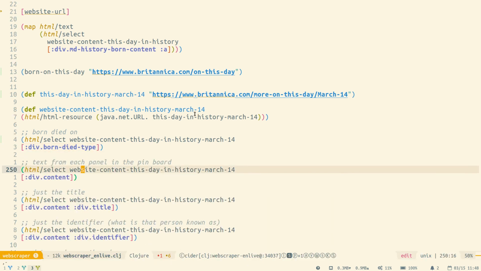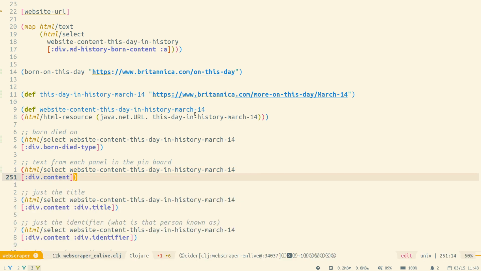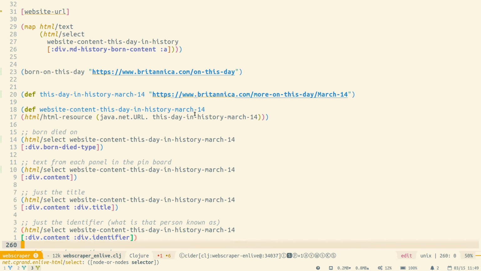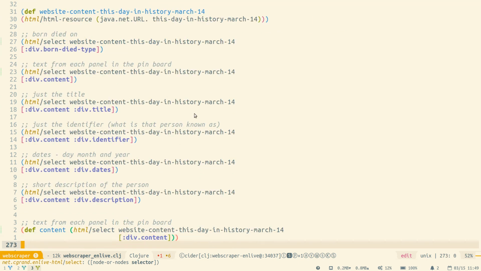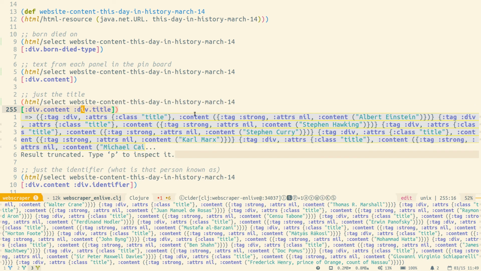Or you can select the whole thing and just grab all the information, but that's a bit scrappy, and it's not quite as nice. You still need to unpick some of that stuff. So it depends what we want to do. So I found out all the details of, like, the title was the person's name, I think. Yes, Walter Crane, Thomas Marshall, that sort of stuff. And then I can obviously use the text to just pull out the content and get